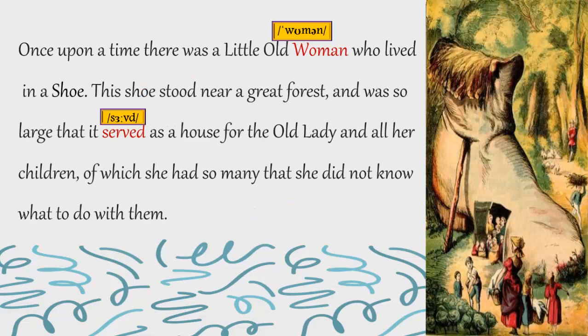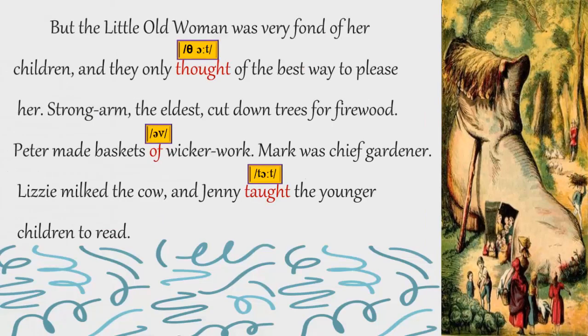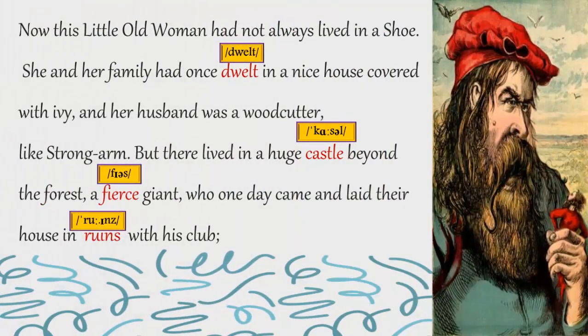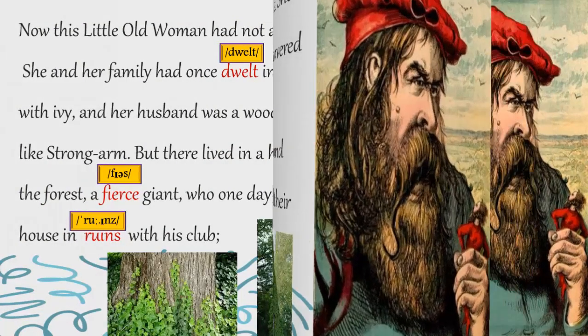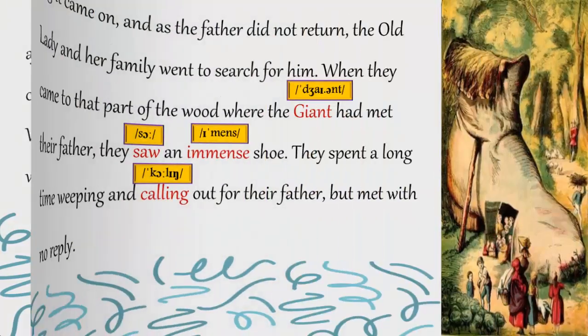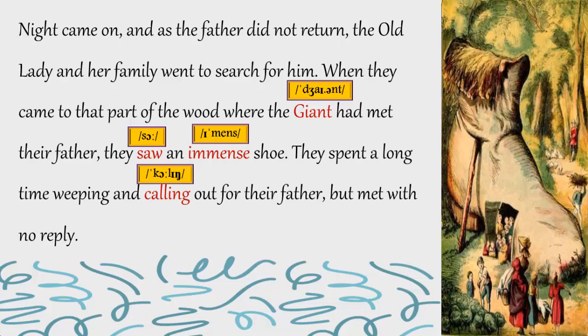Let's practice pronunciation of these words again. You can repeat after me. The first word is woman. Then we have served, thought, of, taught, dwelt, castle, fierce, ruins, of, poor, giant, saw, immense, calling,